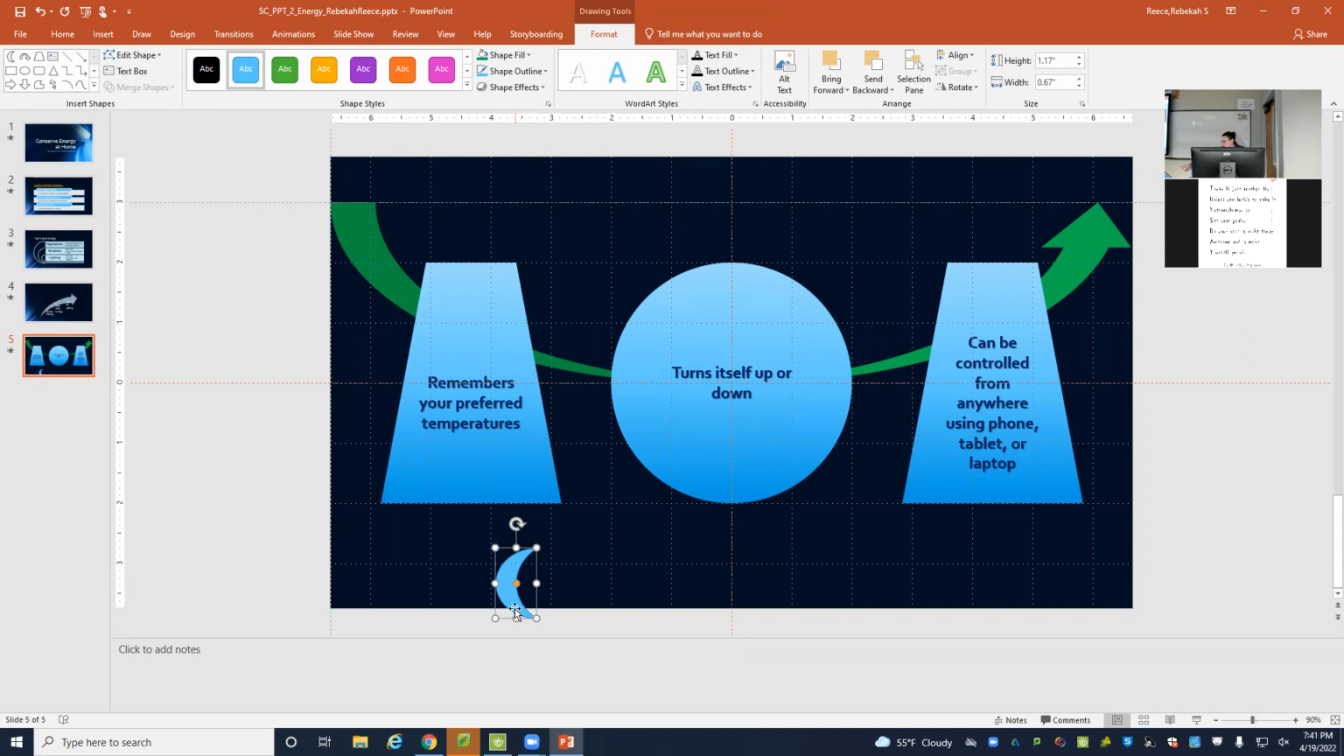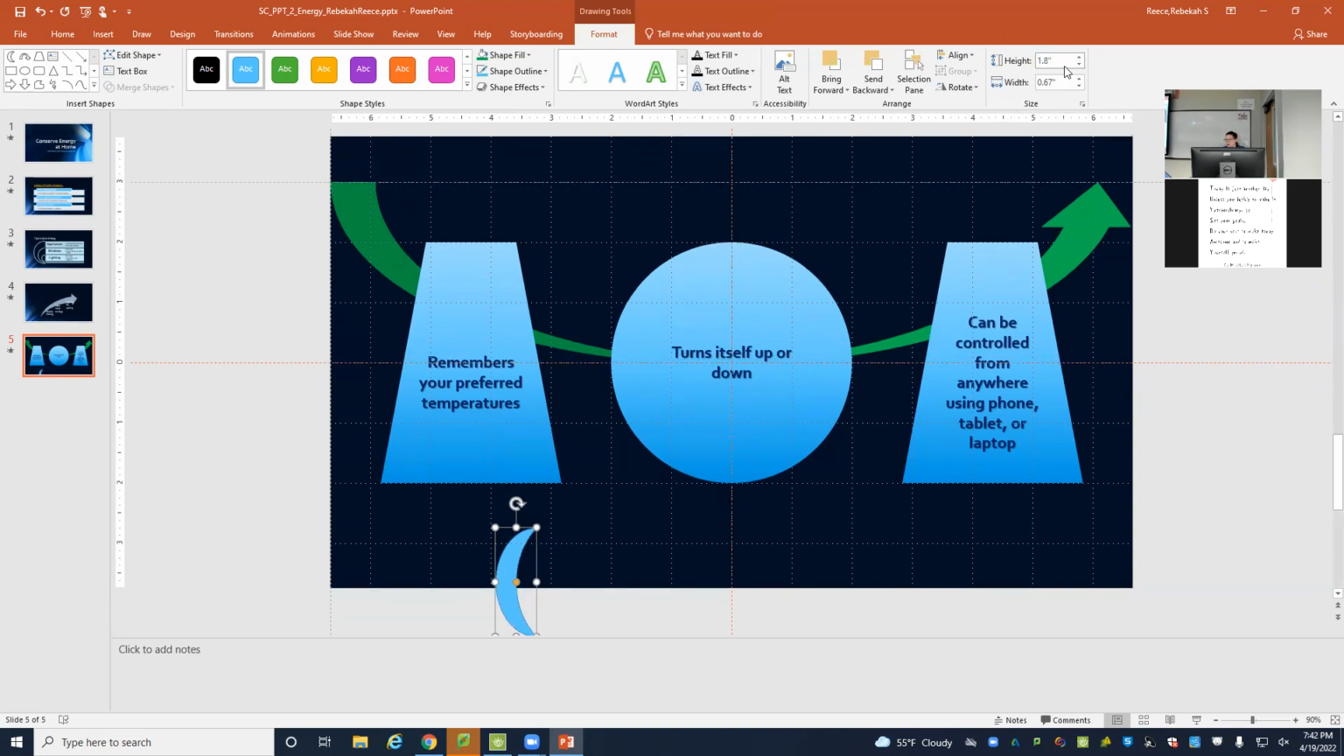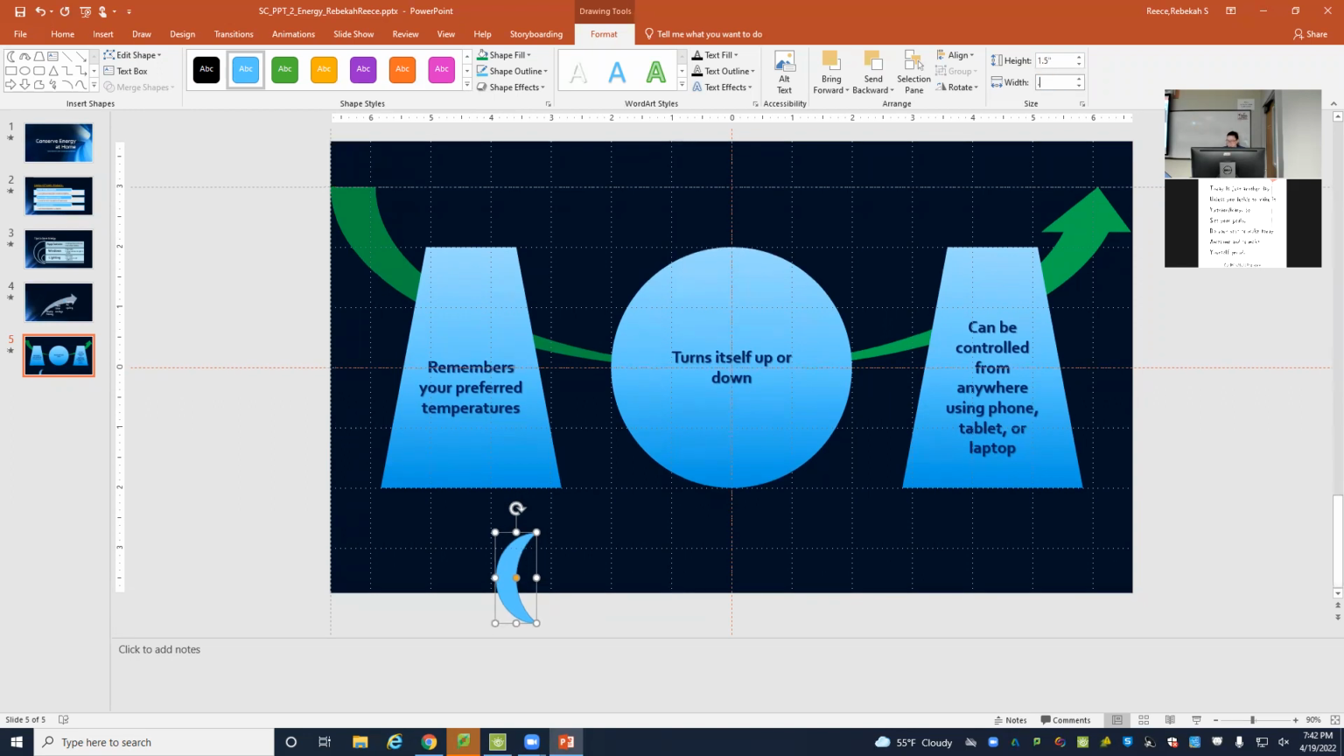The moon should be 1.5 inches tall and 0.8 wide. So you can fix those if you want to as you're putting them in. I did that wrong. 1.5. And then this is 0.8. Okay, and then we're going to put in